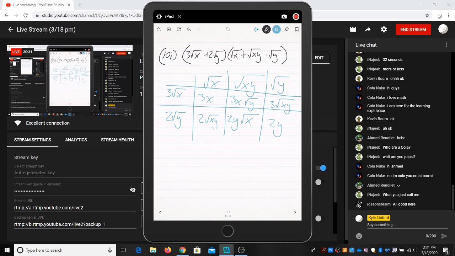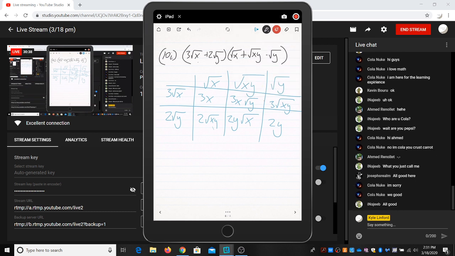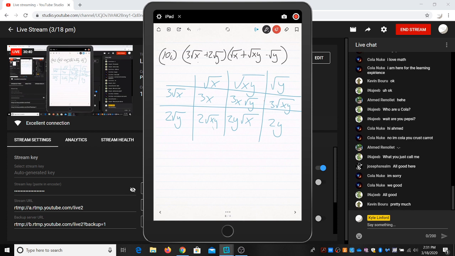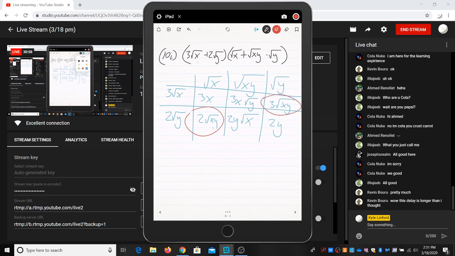So, what I like about this box method is we can really look on the diagonals for these like terms. We notice that there's not really going to be any right here, which is fine, but we do have some on this diagonal. So we have the 3 root xy and the 2 root xy. If we combine these like terms together, let's see what we get, which should be the same as before. We have a 3x plus a 3x root y plus,